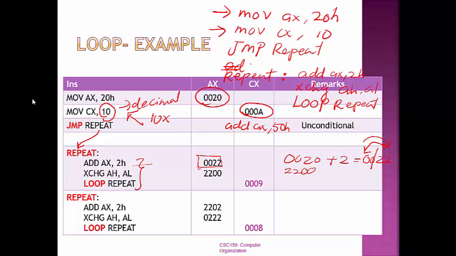Tukarkan kedudukan AL dengan AH. So kat sini di antara AL dan AH. So the new value of X is 2200. And then